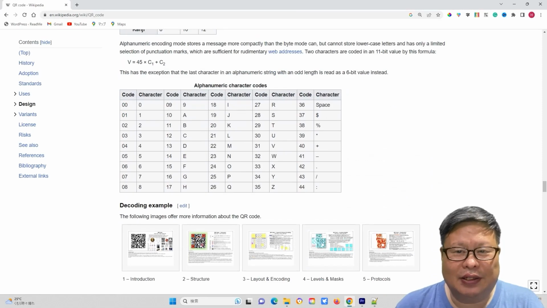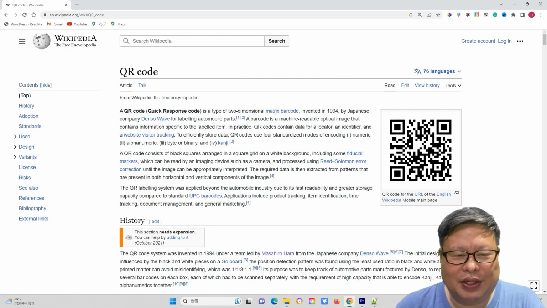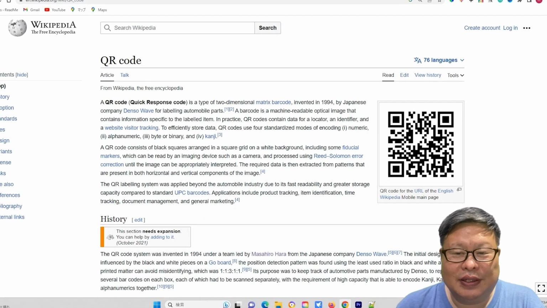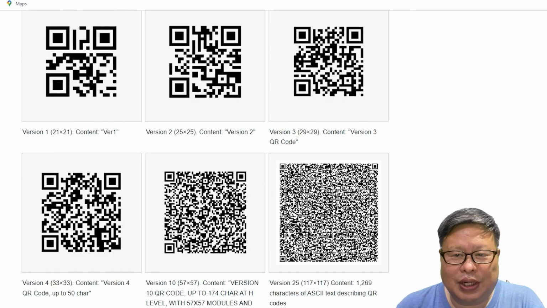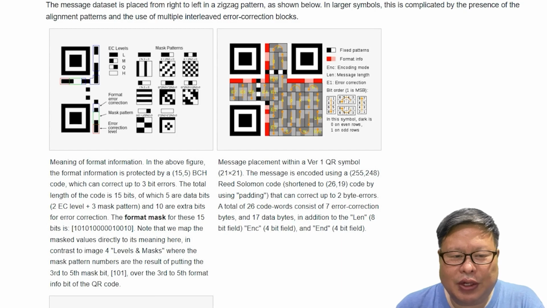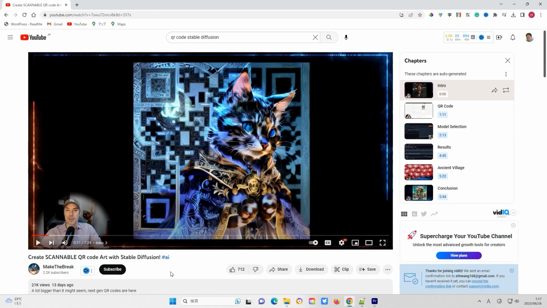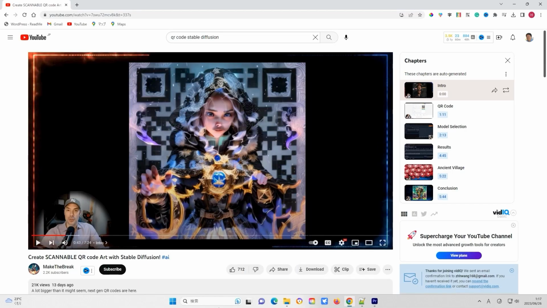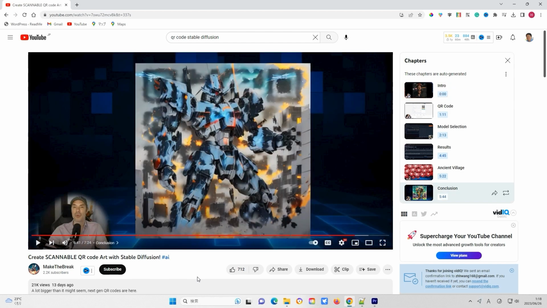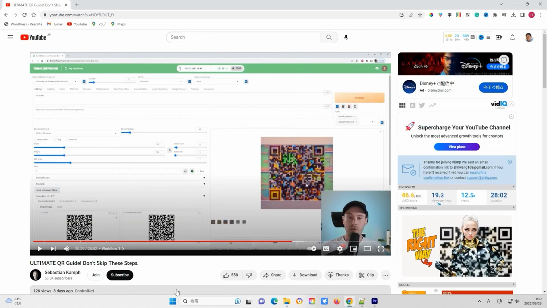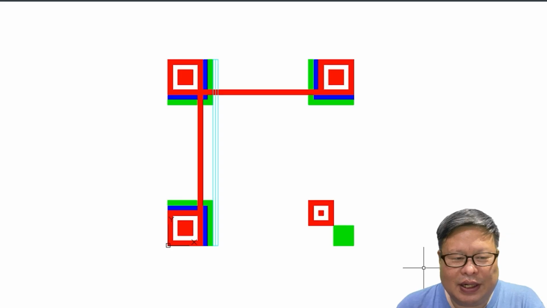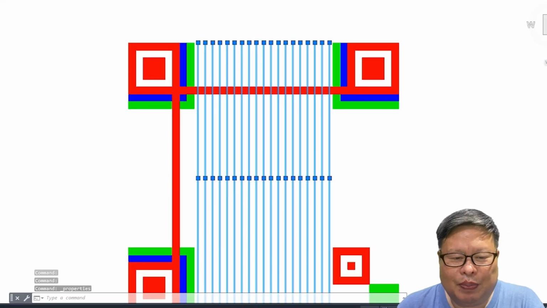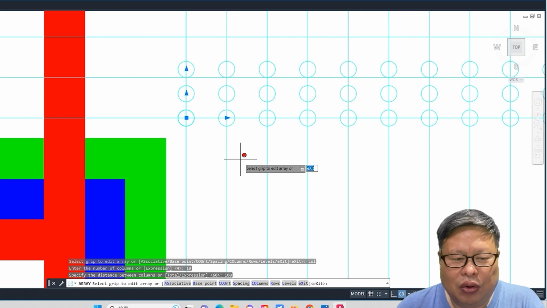Let's get started. Firstly, there are no secrets inherent in QR codes themselves. I have acquired knowledge primarily through online sources, and most of it is straightforward and easily understandable. I delved deeply not only into the origins of QR codes, but also explored their practical applications and insights from other users.